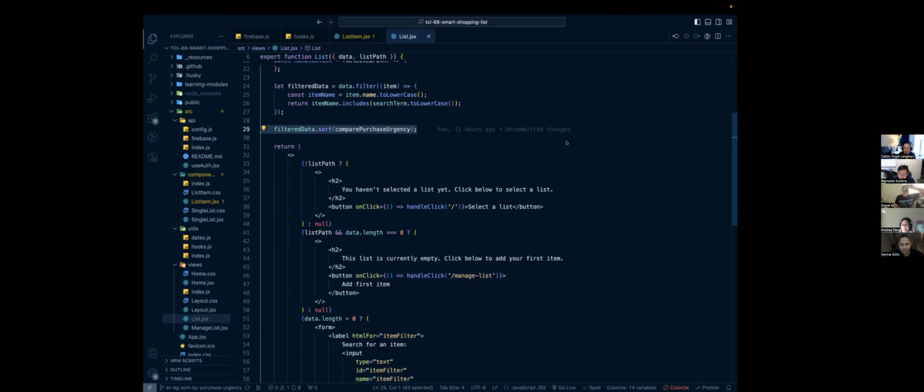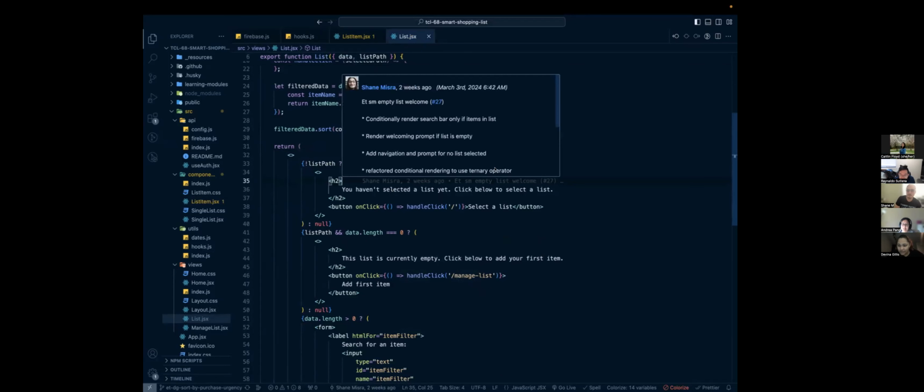I have a quick question, Davina. How long did you take to figure out the sort functionality? Sorry, what was that? How long did it take you to solve the sort functionality? Like, how long did it take us to figure it out? The sorting. Honestly, it didn't take us that long. I would say maybe 15, 20 minutes, but